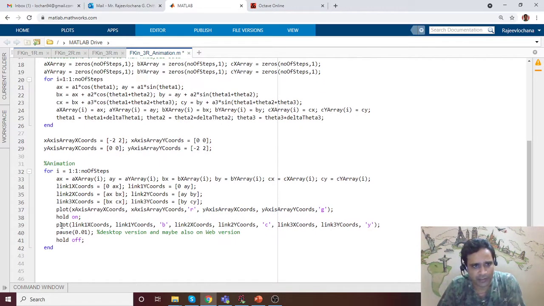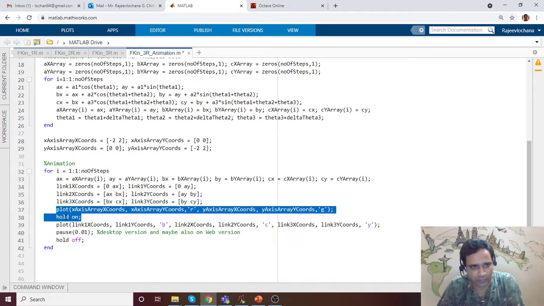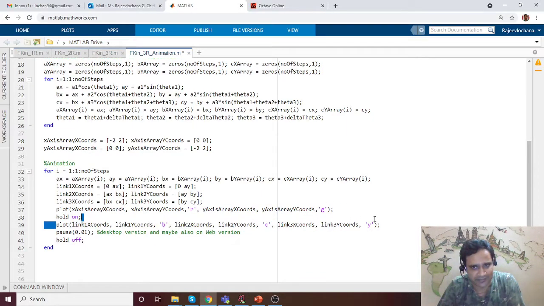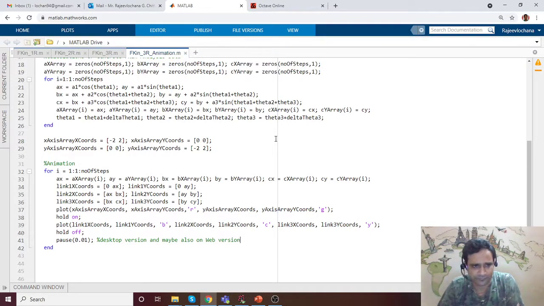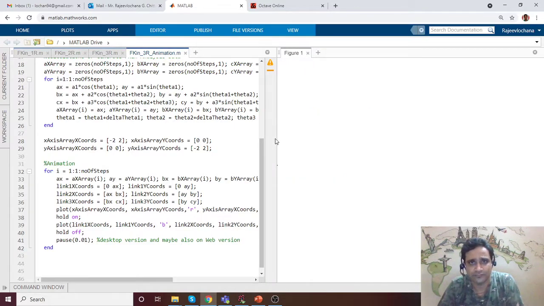So we'll have a plot. We draw one line, we then call hold on, and we draw the next set of lines, and then we call hold off. Okay, let me shift this after hold off. Okay, let us try, and hopefully this should be the case.